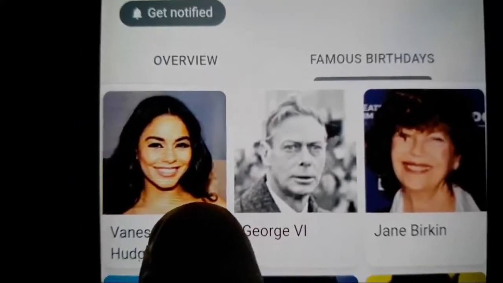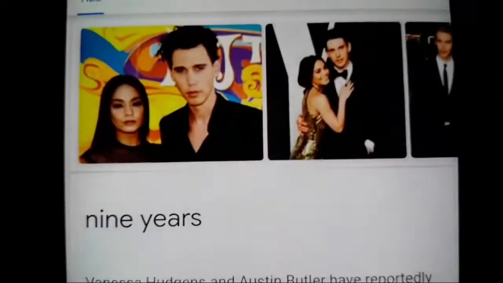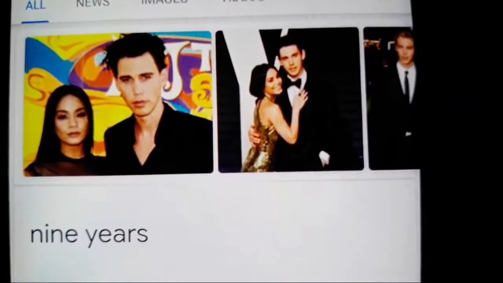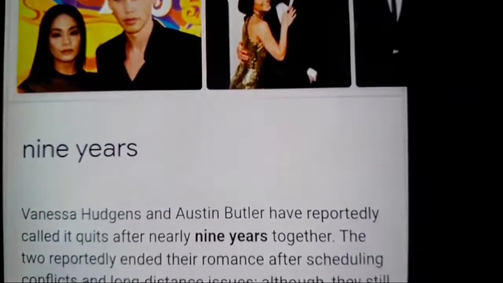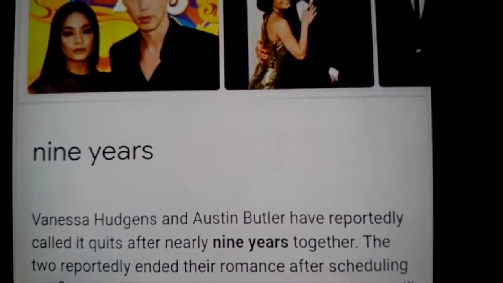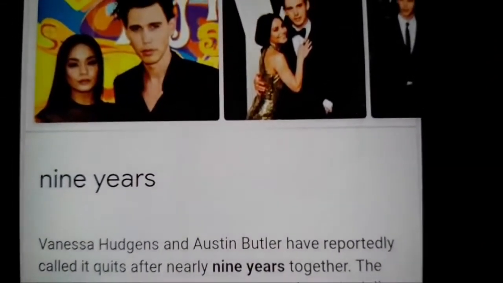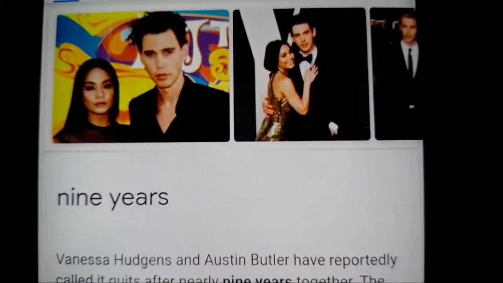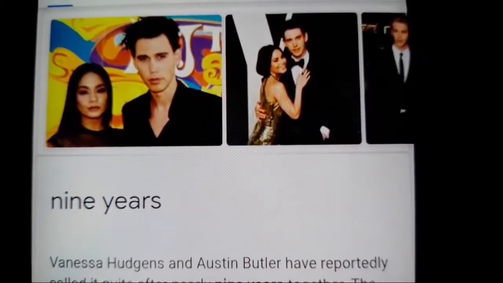What connection could she have to Elvis? You see this dude right here? She was dating this guy for 9 years. They just broke up. You know this guy? This is Austin Butler. And remember, I told you that Austin has to do with that Austin Powers movies, and